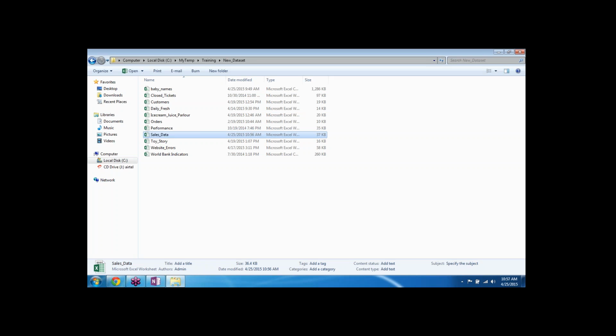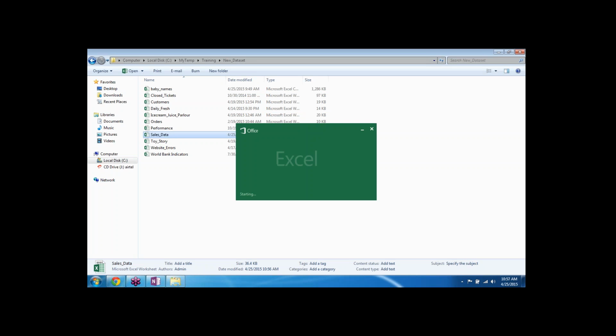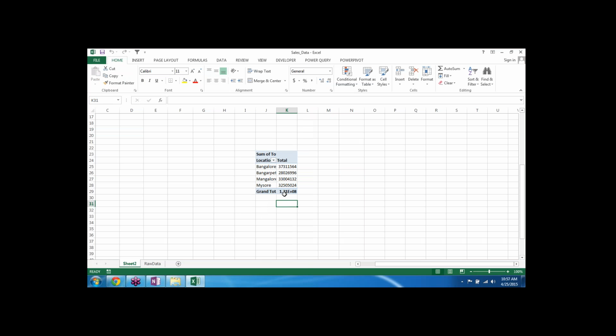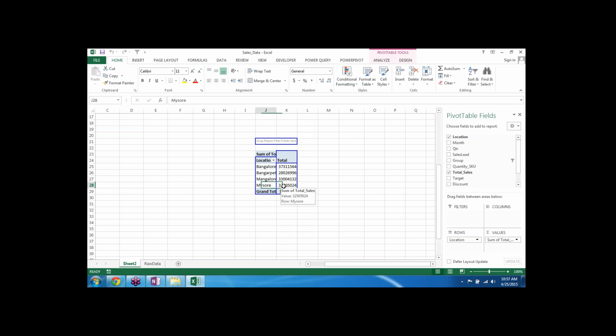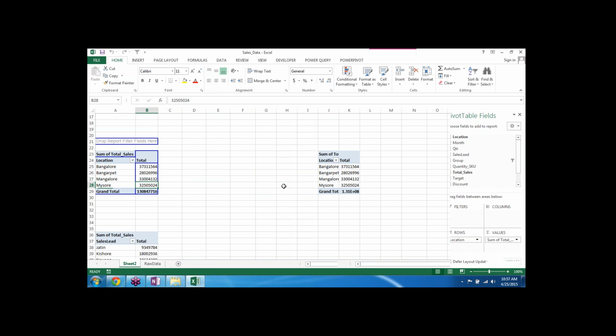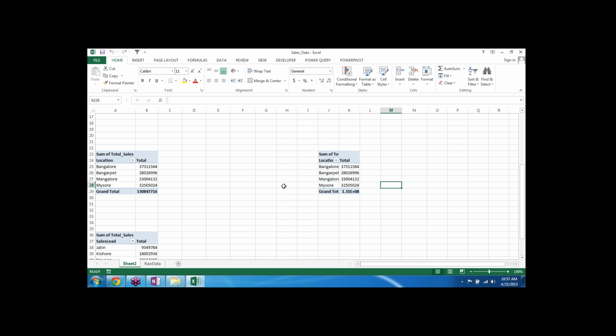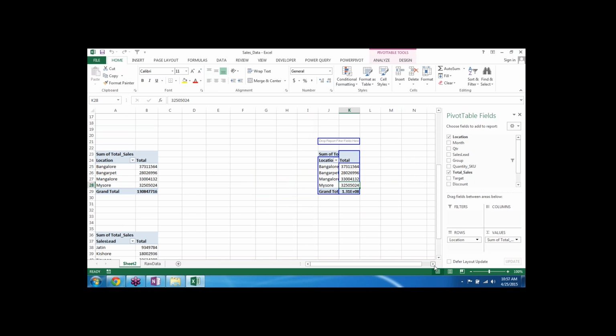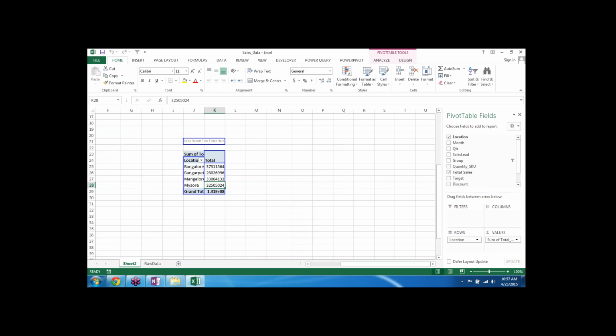Because I have got so many add-ins in Excel, at times it is not working properly. Okay, good enough. So we are here now. See, let's take an example of this particular pivot. What we have done is copied it and put it in a separate place. That is all we have done.